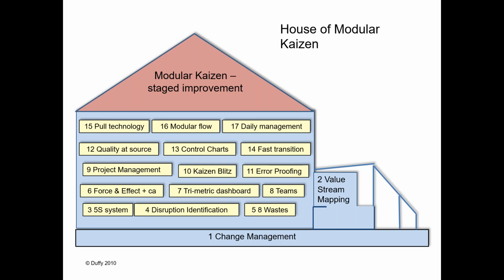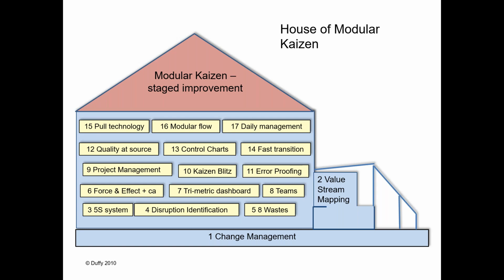Now, the tools are only a very small portion of Modular Kaizen. The modular piece is really the concept that when we are so busy at work, when we really don't have time for a 4-hour team meeting every week to address an issue, we need to modularize those improvement activities so that we get the right people working at that stage of the project at the right time to get the next stage of improvement identified quickly and then release them back into the daily work management and daily workflow.